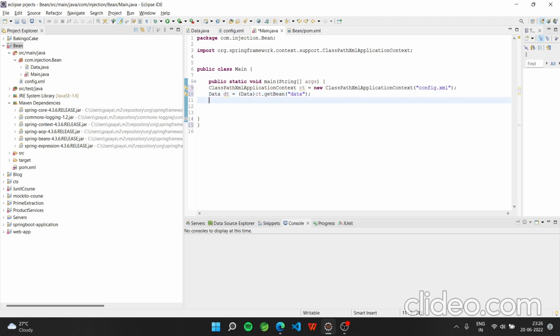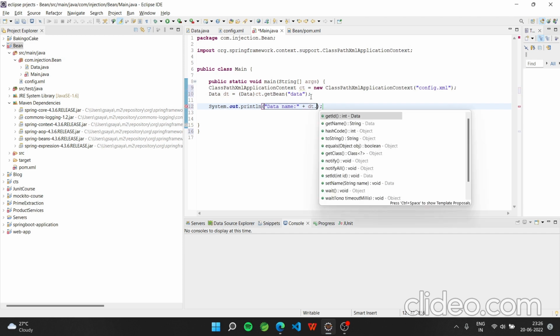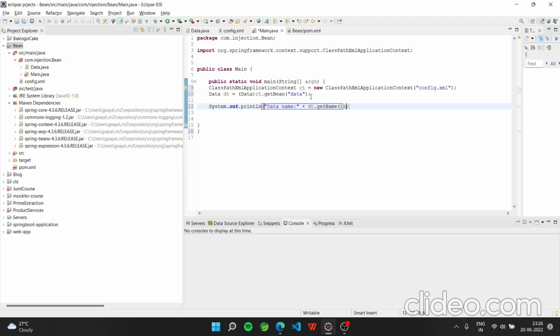Okay. And then I sysout employee data name, dd dot get name, and I sysout id, dd dot get id. So this dt is making reference of the bean that got created with the name of